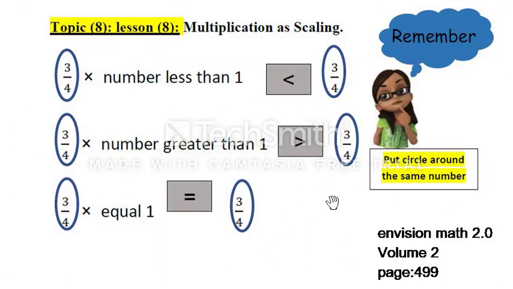Before we end this video, remember with me, if you want to compare without multiplying, look at your number on the right side and on the left side. If your number is multiplied by a number less than 1, like a proper fraction, the product is going to be less than the other number on the right. And if your number is multiplied by a number greater than 1, like a mixed number or improper fraction, the product is going to be greater than the other number on the right. And if your number is multiplied by 1, and you know that any number times 1 equals the same number, so the product is equal to the other number on the right.